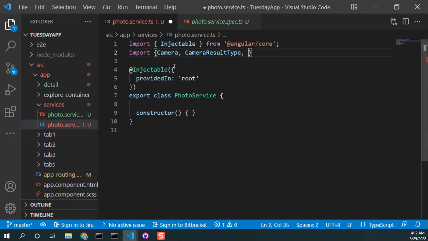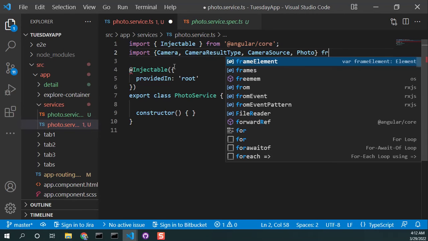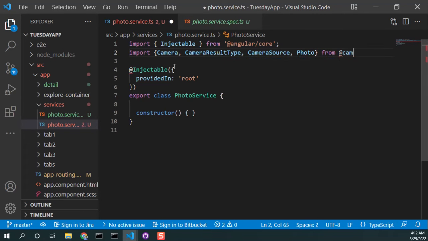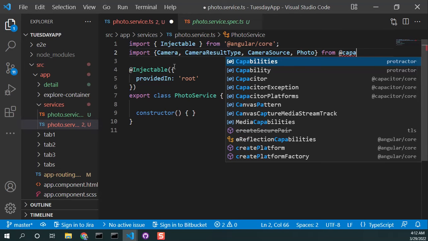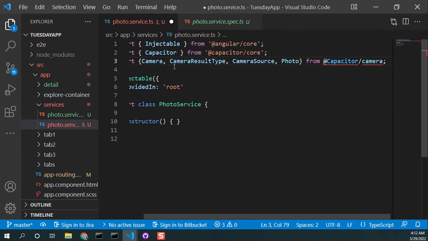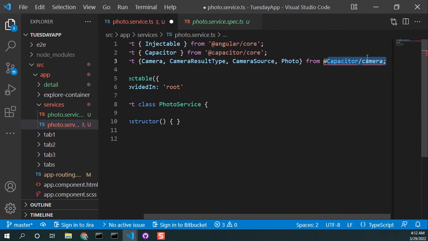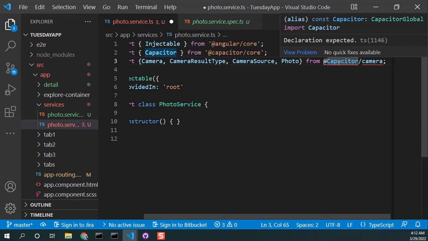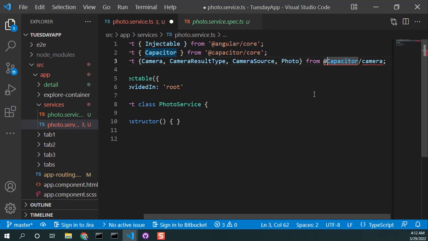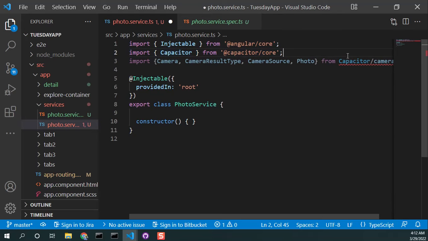Result type, and the camera source and the photo, and all that's going to come from capacitor slash camera, which, as you'll recall, is the place where we installed the library, right? So capacitor core, let's see what its problem is. Declaration, maybe if we lose that. Let's see, import from